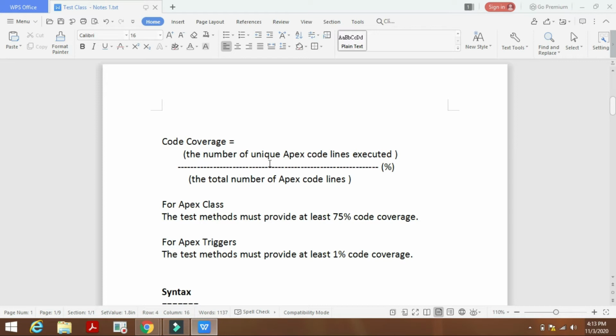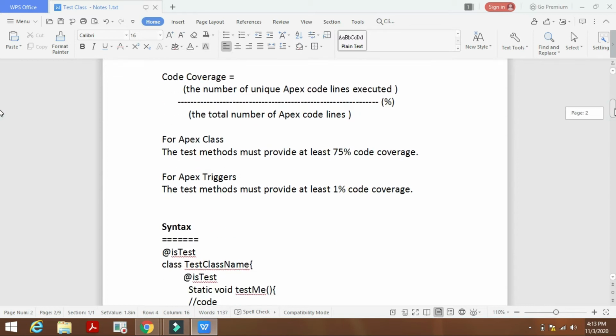We get the percentage of code coverage, how much of the class is tested. Normally an Apex class must provide at least 75% code coverage, and Apex triggers must provide at least 1% code coverage.